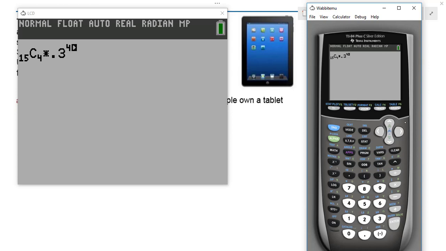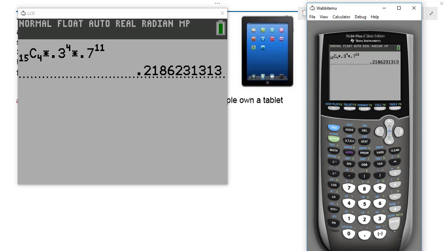The 4th power, times 0.7 raised to the 11th. If your 0.7 is up here in the exponent with the 4, you've got to remember to hit the arrow to the right to drop your cursor back down into the line where you want to type in your information. So we do this and we end up with